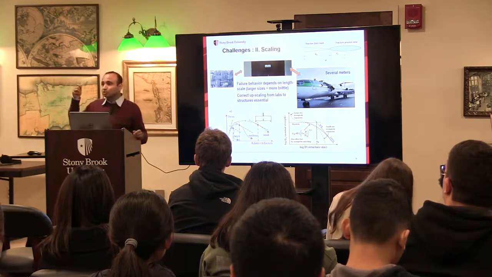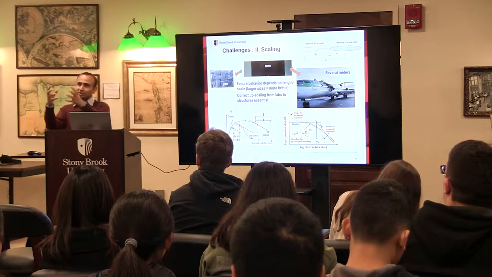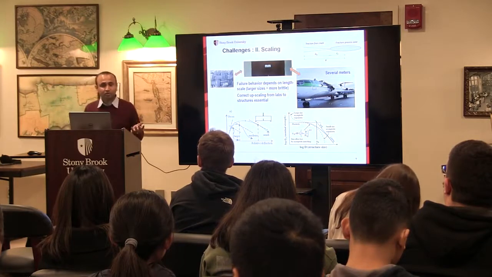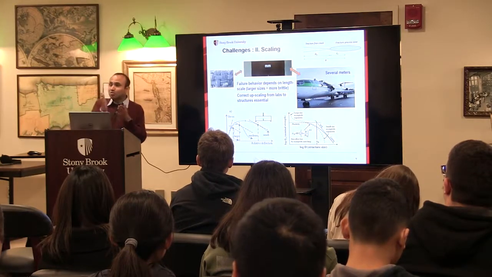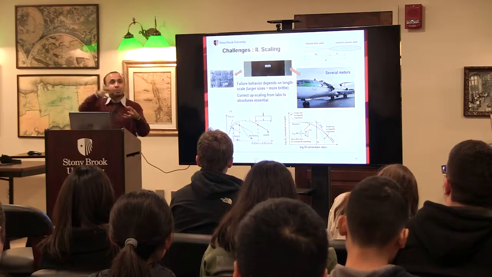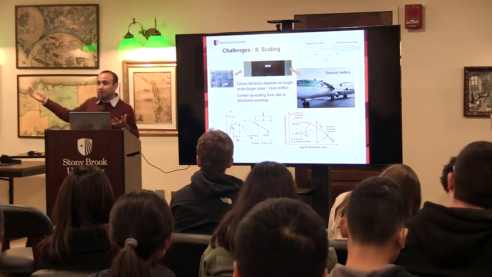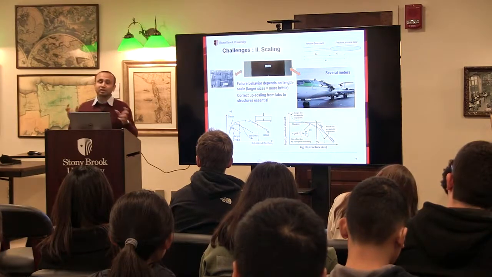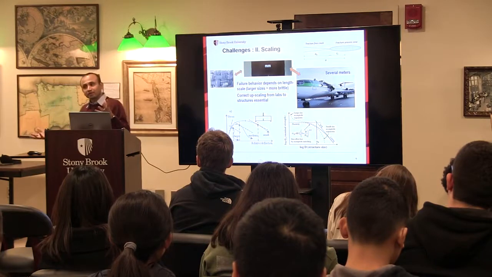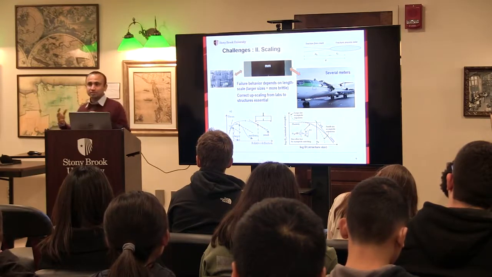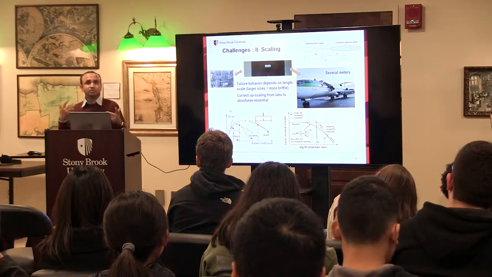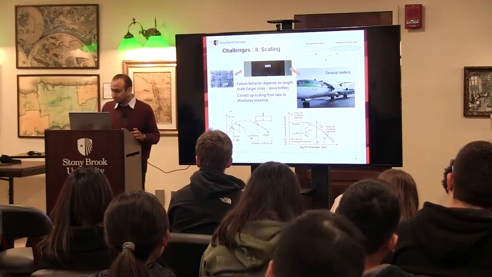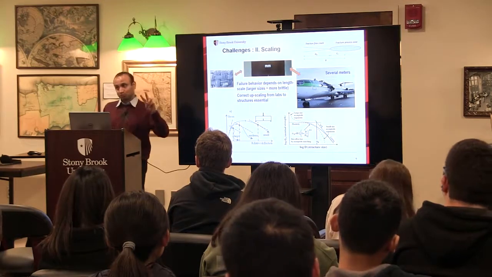Why? Because we do tests in the lab on a specimen of size, say 100, but your structure, like an aircraft, which is shown here, is several meters. So how would the failure behavior measured in the lab apply to something that large? To do that effectively, you have to consider how the scaling of the failure happens. How brittle does the structure get when you go from the lab to the structure? This is the second challenge. Again, something which is not very well known to people, and it is an active area of research as well.